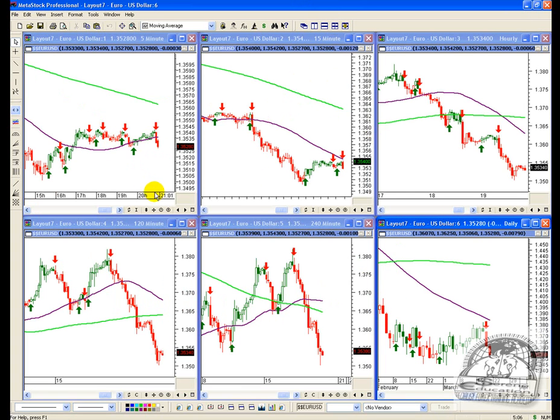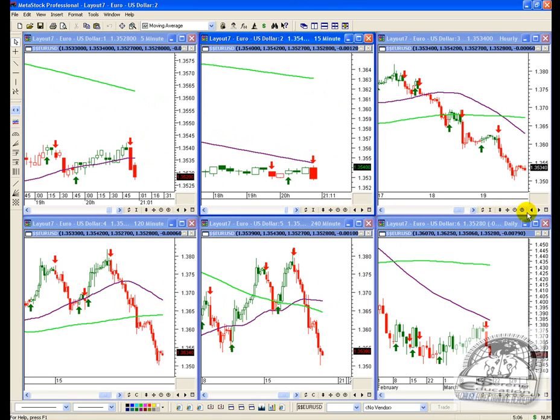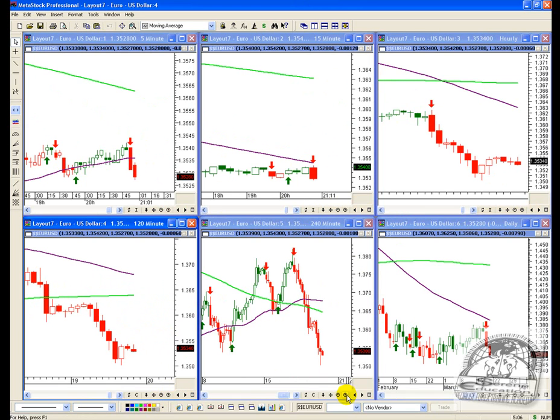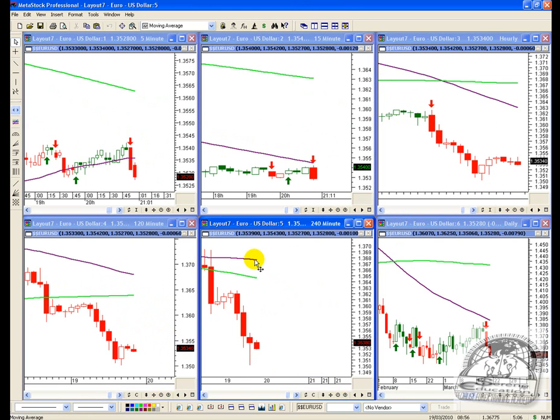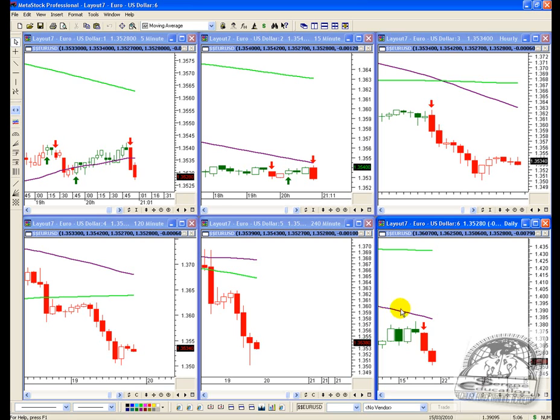Going back to the 6 screens that we've got here now, we can see on each and every one of them we have a sell signal and a downward move. Every single one of these is trading below both the 50 in the purple and the 200 in the green moving averages. Very interesting trade setup. I encourage each of you to have a look at this. Please make sure that if you do take this trade, you do it based off your own analysis, and we